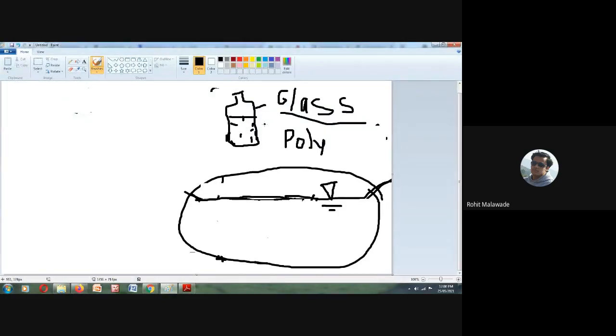Now, this particular glass bottle might have had some food material, say sauce or juice or soft drinks. Can I use this? No. I should wash it properly.